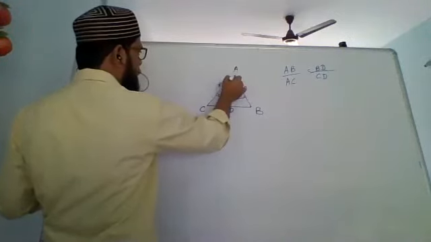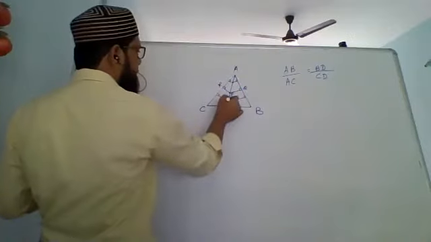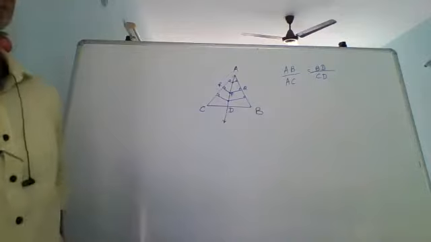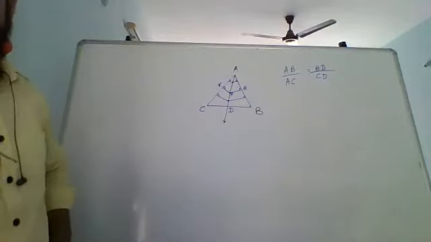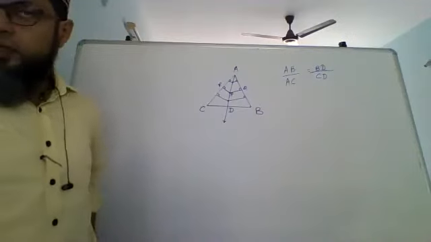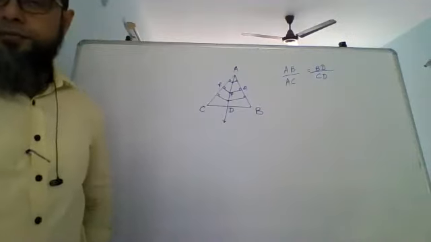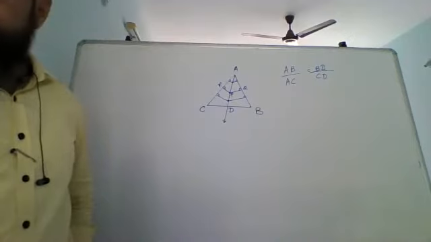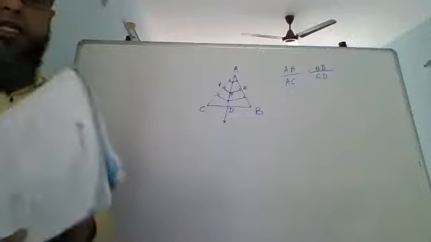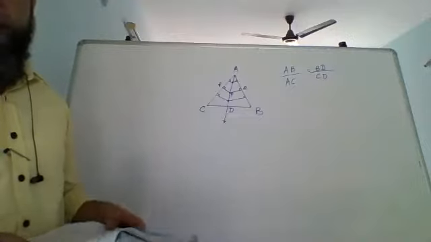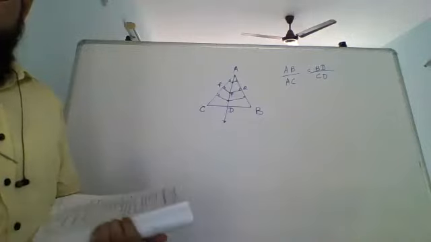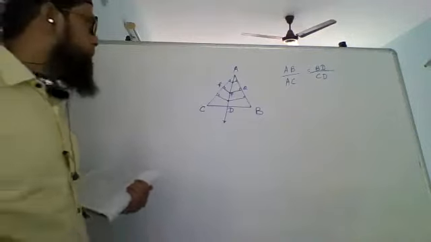Every point on the bisector of an angle is equidistant from the sides of the angle. Okay. This also we will be using subsequently when we are solving sums. Now we're going to understand some important properties about parallel lines and their transversal, and we are also going to try and prove it today.